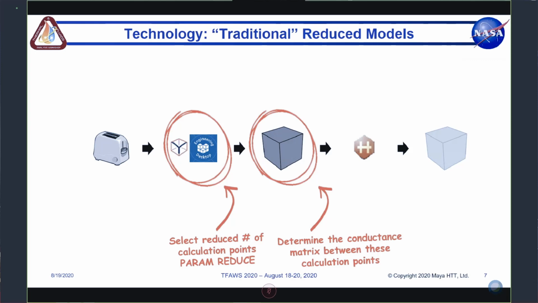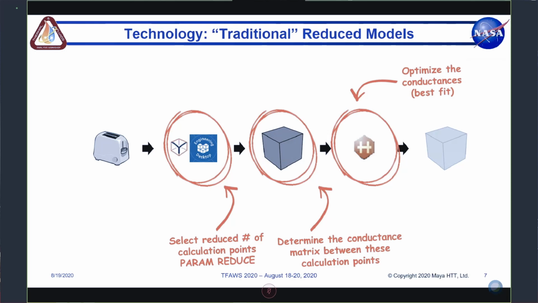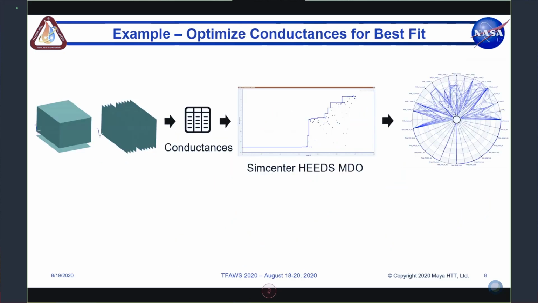Now those conductances can be varying with time, obviously if you have a transient analysis, and they can also have time varying capacitances if the thermal behavior of the system depends on temperature varying with time. So one of the techniques we can use is an optimization tool like HEADS to optimize the conductance values to best fit the behavior of the full system model,